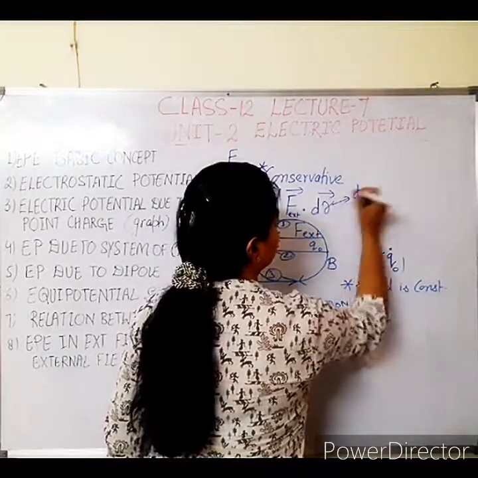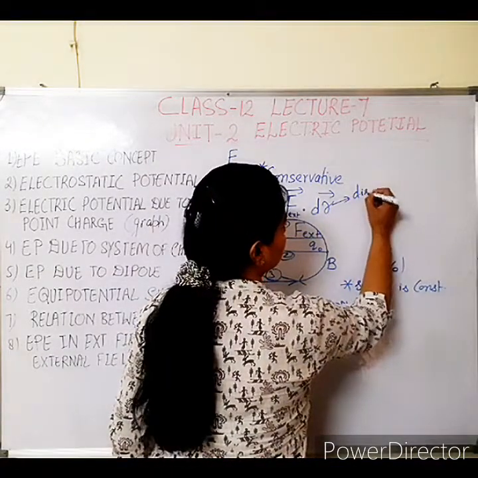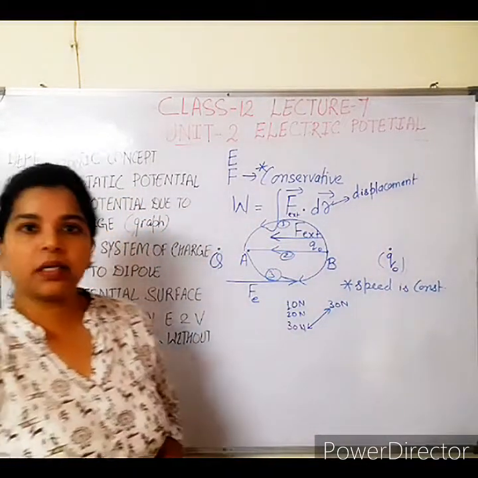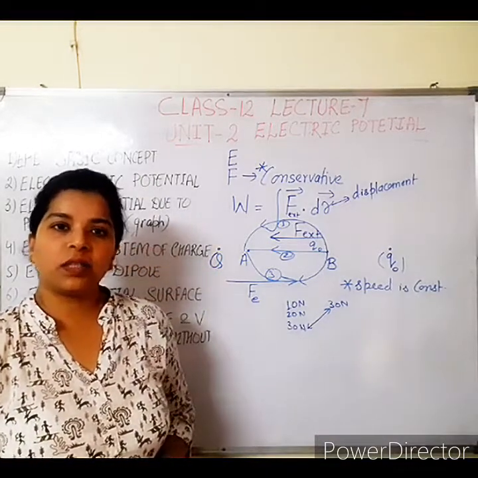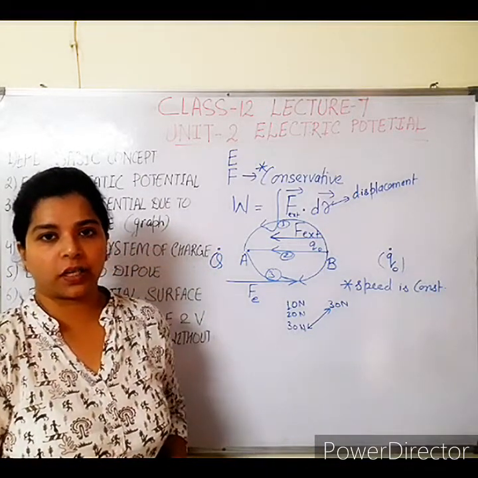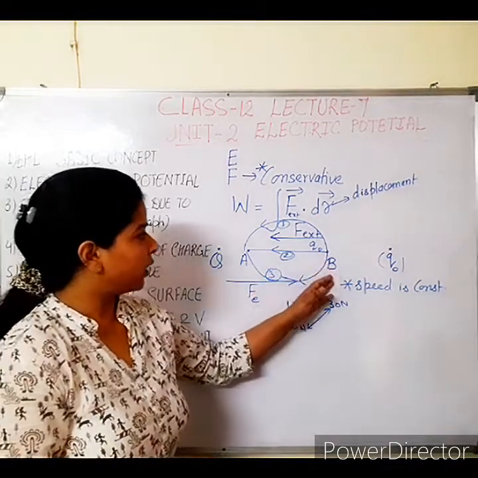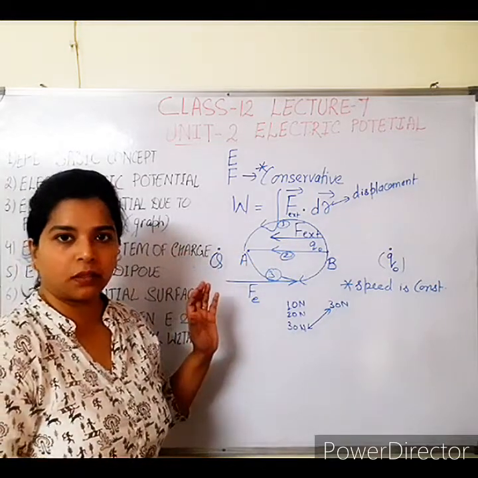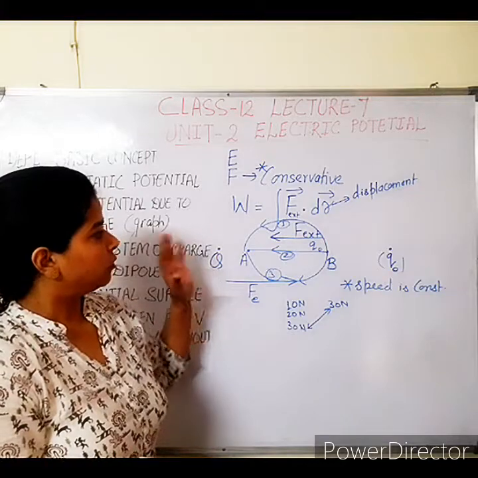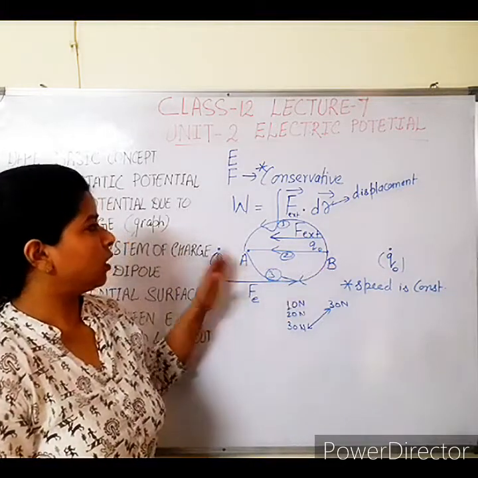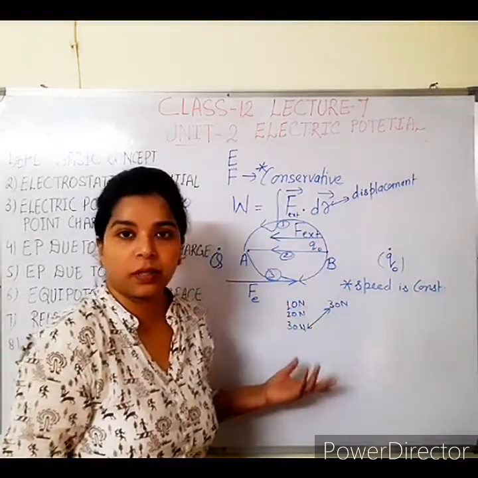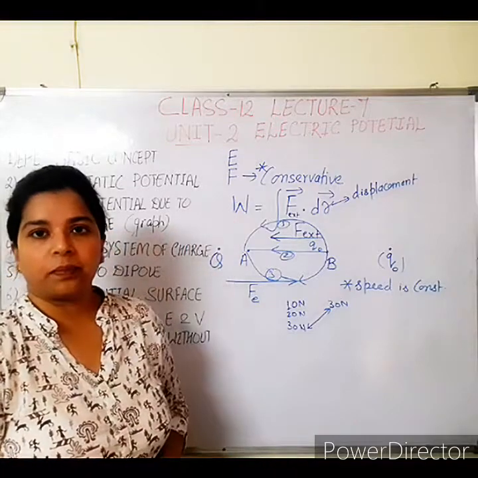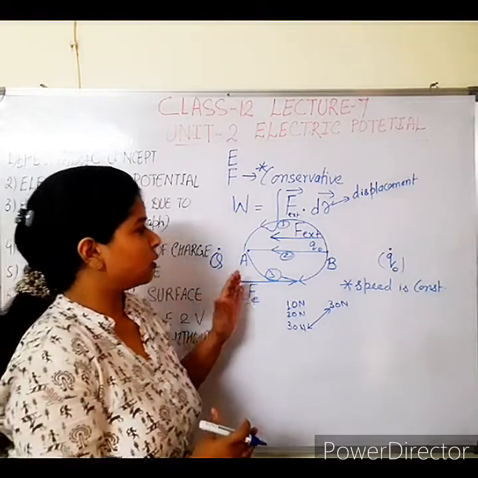Again we will consider the mechanics portion. Displacement is a vector quantity and it only depends on the initial and final position of any moving body. Here the initial point is B and the final point is A. So whatever pathway we adopt to bring this charge from B to A, the work only depends on the initial position and final position, because the displacement depends on initial and final position. So that is why this force is conservative and work does not depend on path. Okay, I think this point is clear to you.